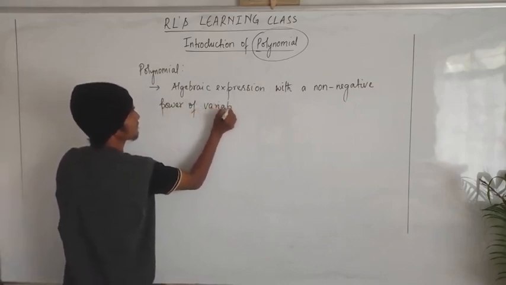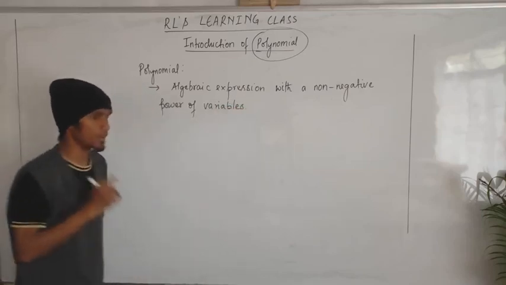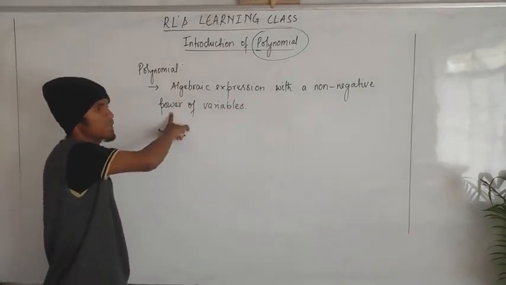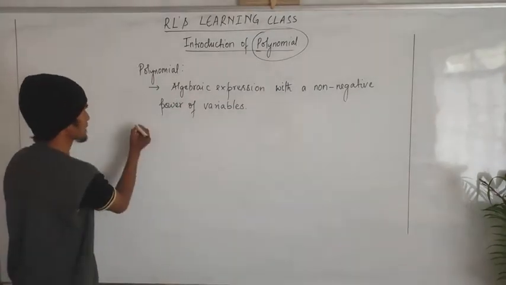That will be the polynomial. If the powers of the variables are negative, then it's not a polynomial. Okay, example: